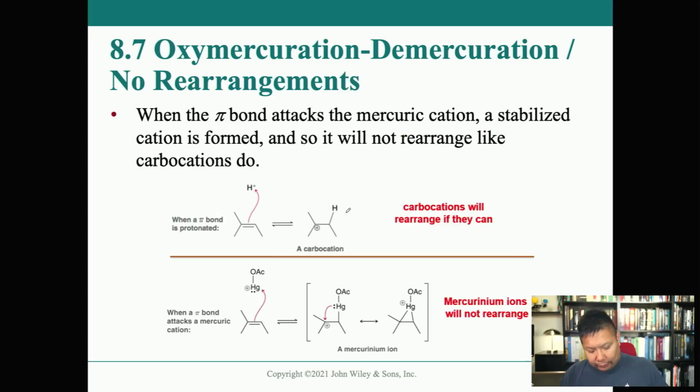So, in a normal hydration reaction, the double bond comes over and pulls off the proton, and then you get the carbocation there, and you get the hydrogen added. The carbocations will rearrange if they need to, to be more stable, but if you use the